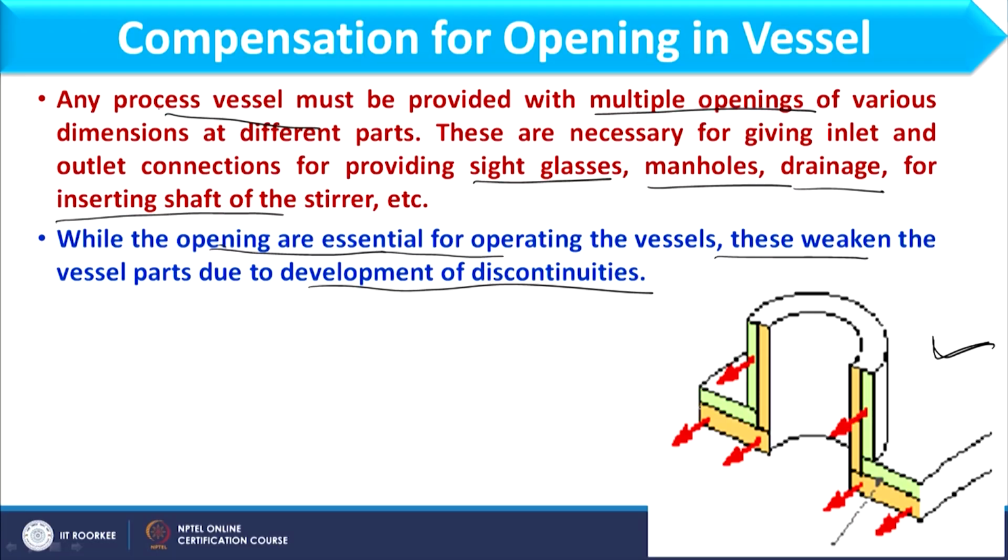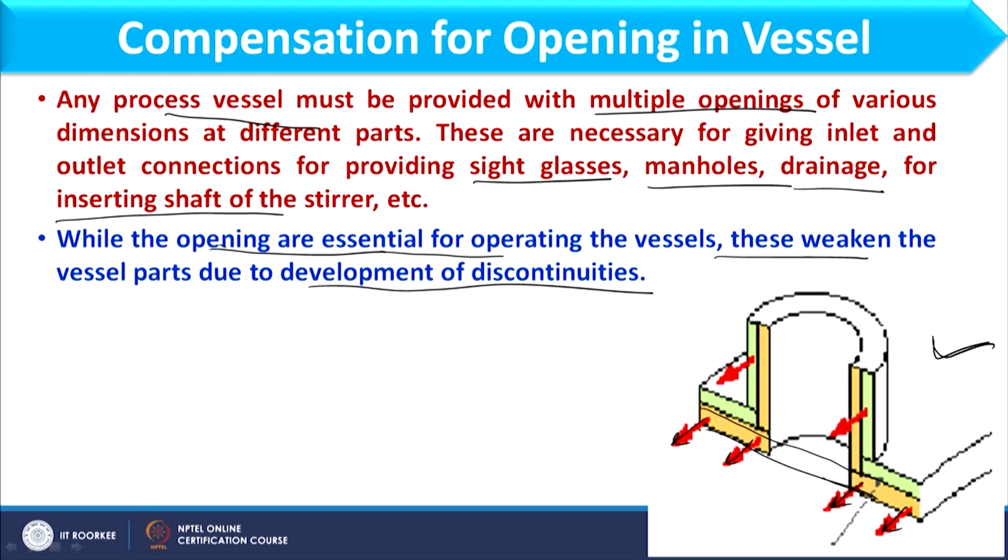As I have told, hoop stress would be maximum, so this discontinuity in a metal sheet we will discuss in terms of hoop stress. Let us discuss that. If you consider this particular figure, I can consider this as a regular sheet, and whatever hoop stress is working, that will work in this direction as shown over here.